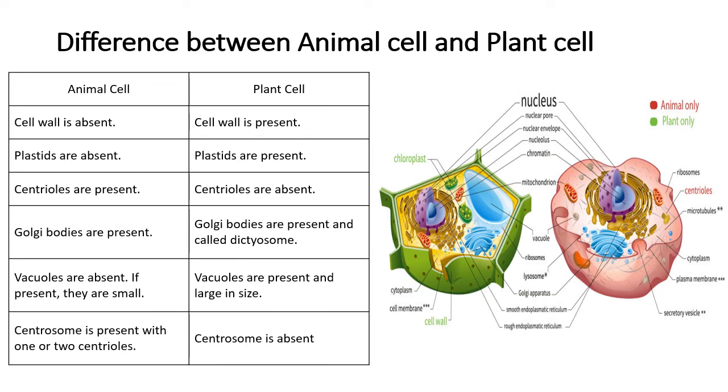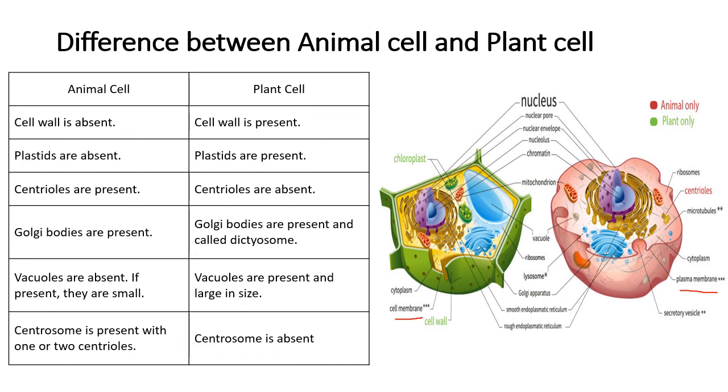Now let us see the difference between animal cell and plant cell, one of the important questions in this lesson. You can see in the diagram the parts which I highlighted with red color are available only in animal cell, and the parts in green color are only in plant cell, not in animal cell. And a few parts I have marked with 3 stars, like cell membrane, and here I have given plasma membrane. Okay, the function is the same, but the name is different. The function is the same in both the cells.